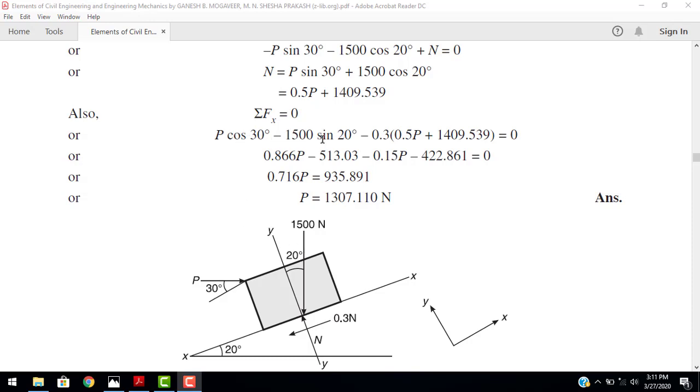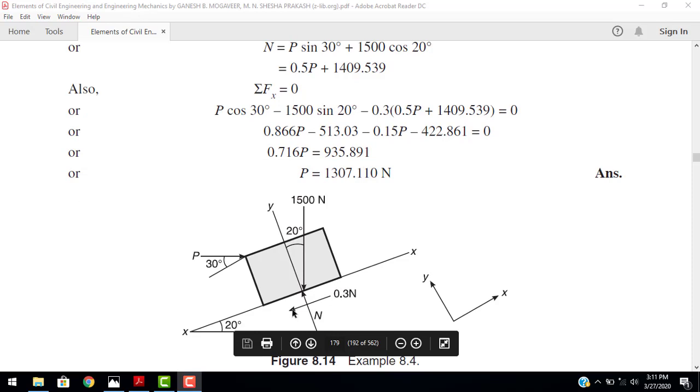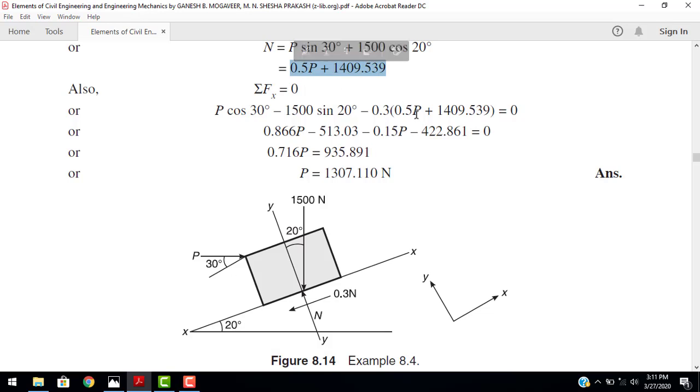The forces acting in the x direction are the horizontal component of P, that is P cos 30, plus, next, the horizontal component of the 1500, that is minus 1500 sine 20 degrees, and the frictional force, which acts horizontally, minus 0.3 times N. Here, in place of N, we substitute this value, that is 0.5 times P plus 1409.53. Further, if you simplify this, we will get the value of P equal to